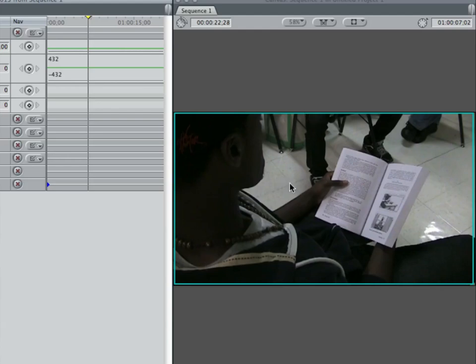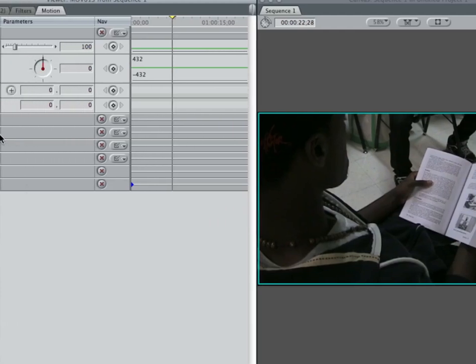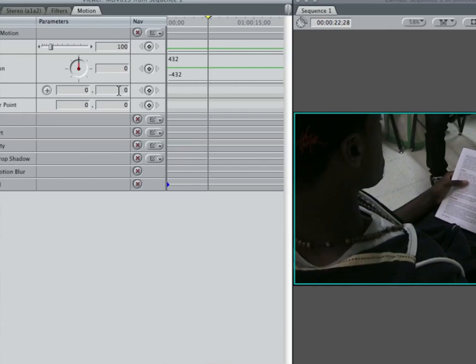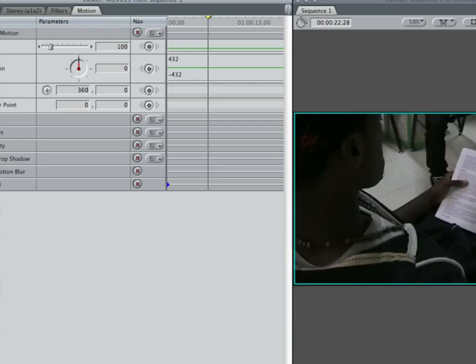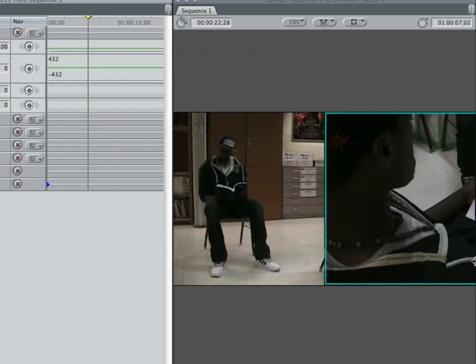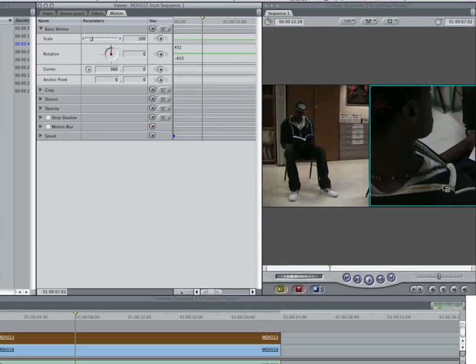Width-wise, it does the same thing. Standard definition video is 720 pixels wide. So we have 360 positive or 360 negative. So I can just move this over to create a split screen, and I just take my center here and move it over to 360. Oops, wrong one. Sorry, that's the vertical. Here, move it 360. And what that does, you can see in our video screen here, that creates a